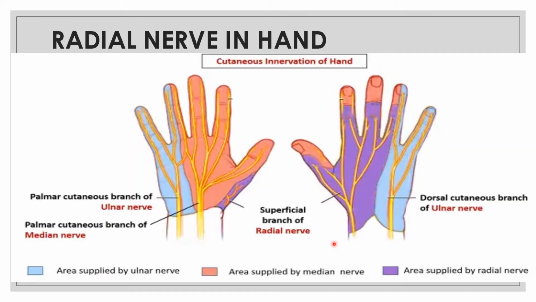Okay, here you can see the superficial branch of the radial nerve. It innervates the ulnar aspect of the dorsum of the thumb, the dorsum of the index and middle finger, and the radial aspect of the fourth finger. Okay, radial or lateral aspect of the fourth finger. And the lateral branch of this superficial nerve provides sensation to the radial aspect of the thumb as well as the dorsal surface of the base of the thumb.